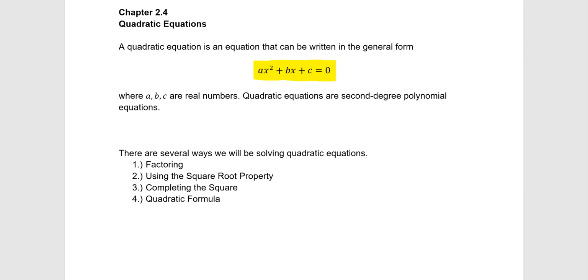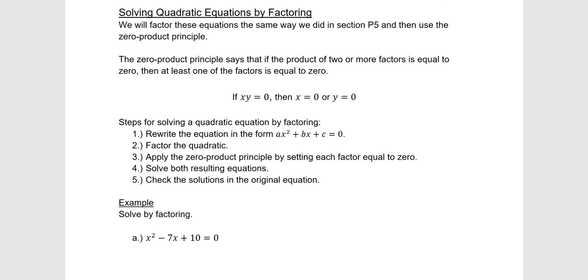So everything's on one side, it's set equal to 0. A, b, and c here are real numbers, and the highest exponent, the largest exponent, is 2. There's a couple different ways we're going to be solving quadratic equations: using factoring, using the square root property, by completing the square, and the quadratic formula. So starting with factoring,